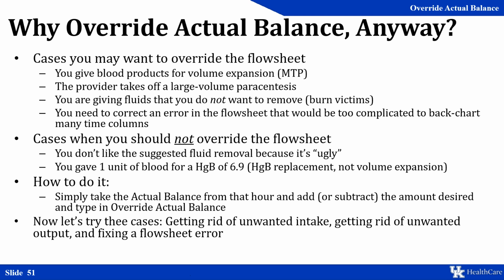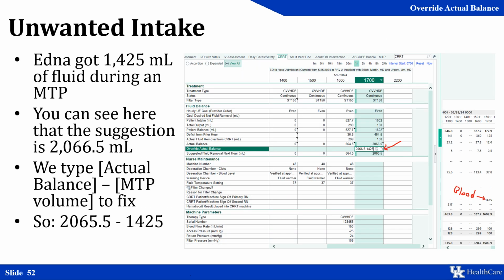So let's try it in a couple cases. The first case is for unwanted intake. This person, Edna, got almost 1.5 liters of fluid during her MTP. You can see that when we run the numbers for 5 o'clock, the actual balance is 2,067 milliliters. We don't want a suggestion of 2,067 milliliters next hour because we don't want to pull off the volume from